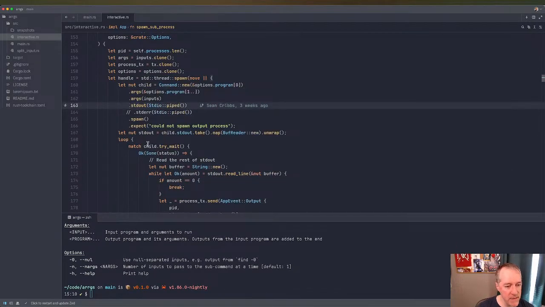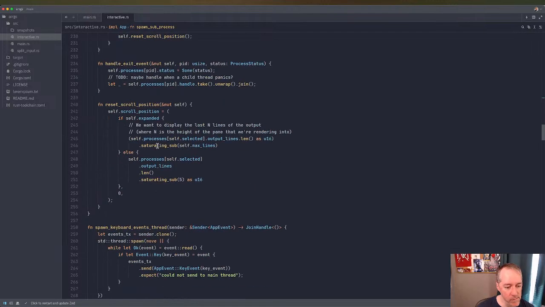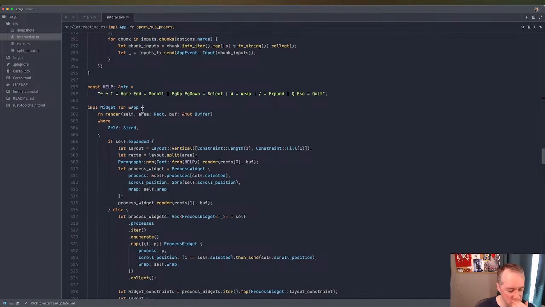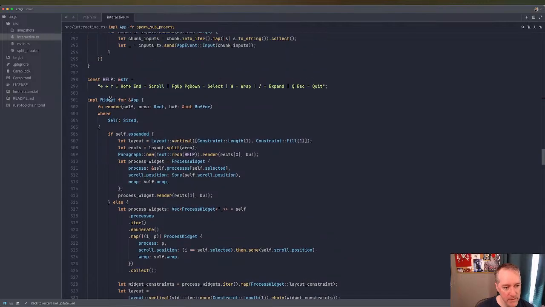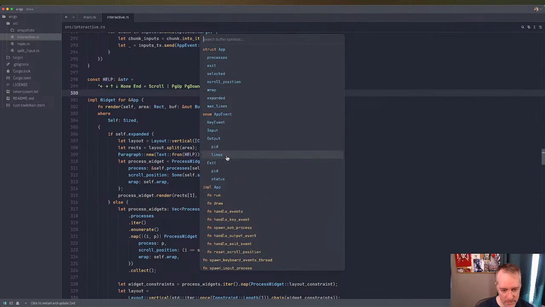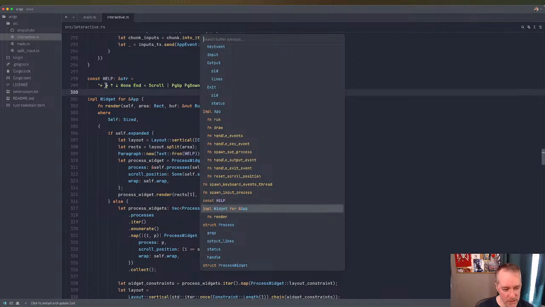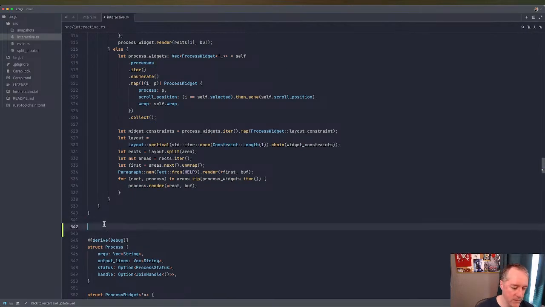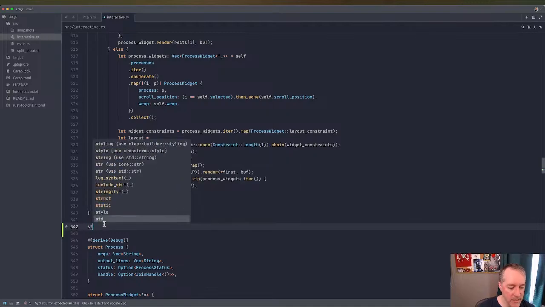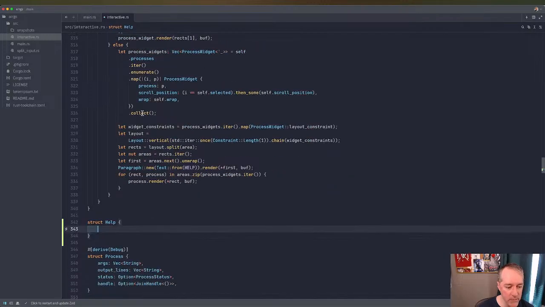Yeah, let's make the help. So now what we do here, let's see what we got. How is this laid out? We're implementing widget. So after our impl for widget here, we can do, let's make a struct Help. And what do we want in it? We want to know